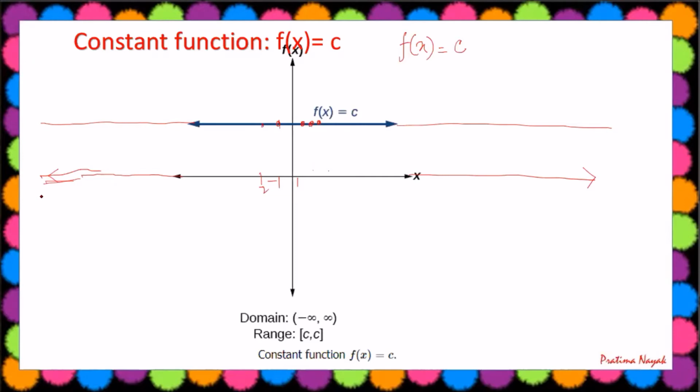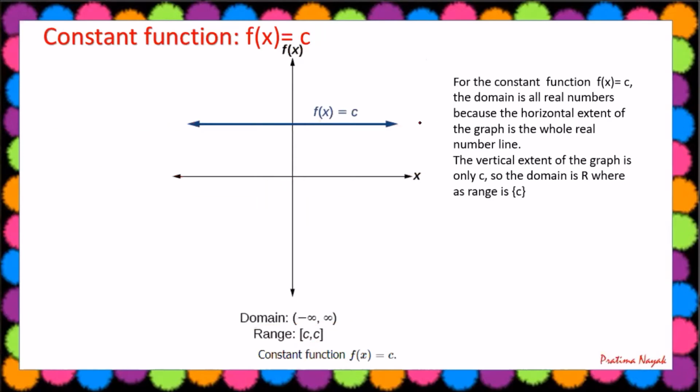I hope you have followed. That means the horizontal extent goes from minus infinity to plus infinity, so that is the set of x. So the domain is minus infinity to plus infinity. We put it in parentheses because minus infinity and plus infinity cannot be included. But for the range we write c to c in brackets, which means both ends are included, and it is only small c. When we write an interval, we write it with parentheses or within brackets.